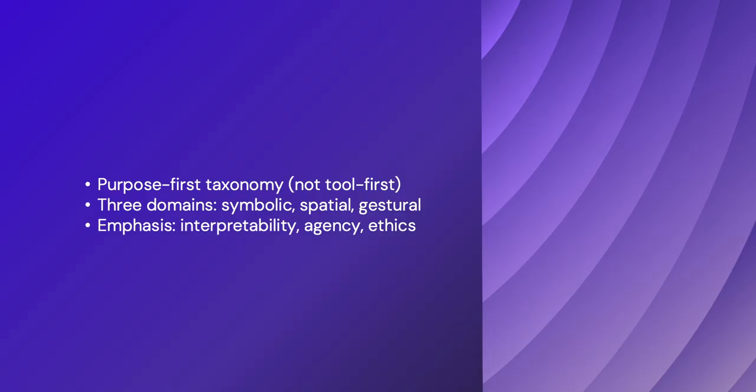Across all three, I return to the same criteria: interpretability. Can performers and audience understand what they see? And agency. Do humans keep meaningful control? And ethics. Do the methods introduce bias or homogeneous style? I'm not trying to crown a winner. Instead, I want to show fit-for-purpose matches between needs and methods so you can select tools with clear expectations.